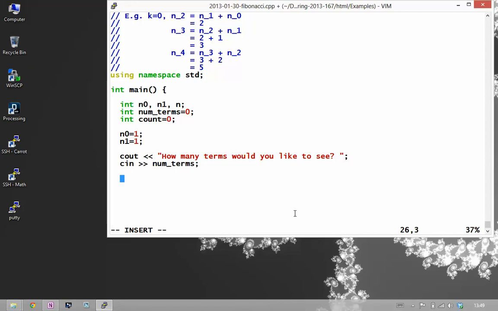Okay, so we ask how many terms we'd like to see, and we get number of terms from the user. Let's start a while loop. While, and we'll just start off simple, while count is less than num terms,